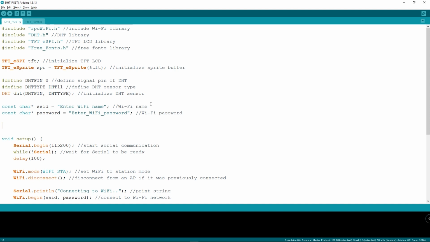After this, type the following. So this will be the domain name for the HTTP post request. So here we are using the ThingSpeak server, so the domain name for that would be. After that, type the following.